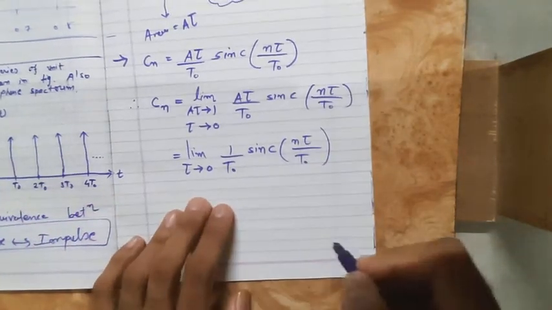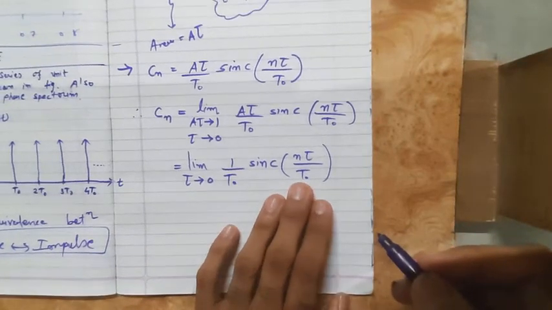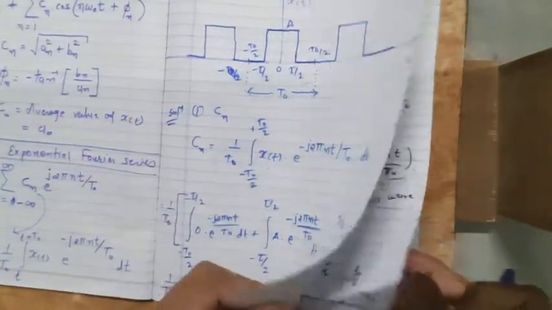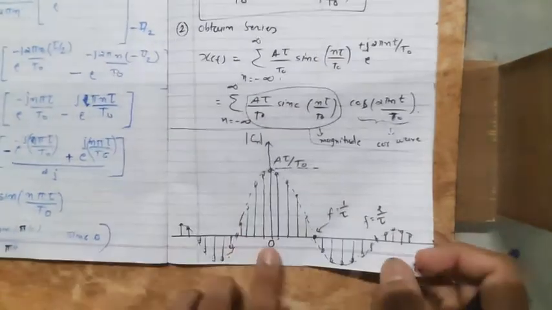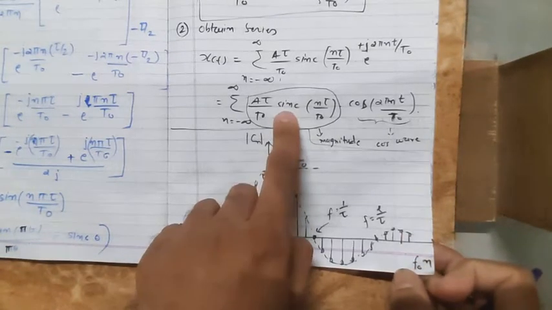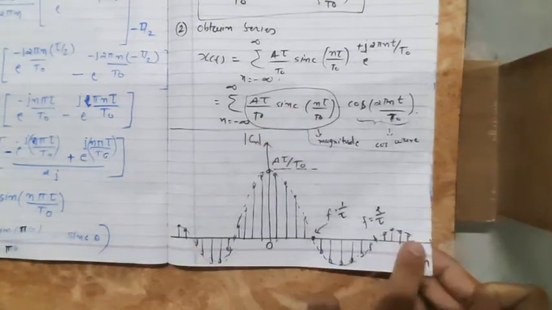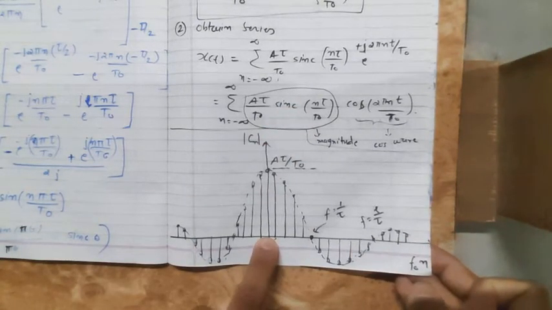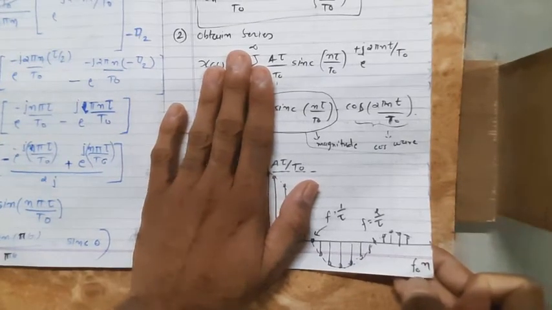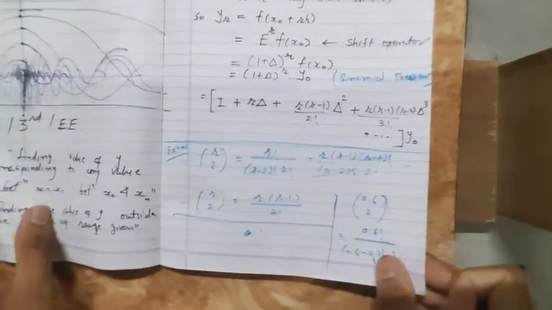Now you know very well what will happen with the sinc function if we try to see the magnitude at the origin. We had an activity on the sinc function. So this is the sinc function. Whatever the function, if your time axis or your n axis goes to 0, you will get 1, multiplied with the magnitude. That was the definition of the sinc function.